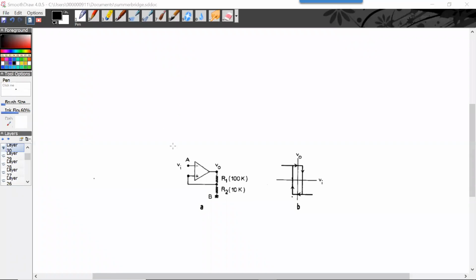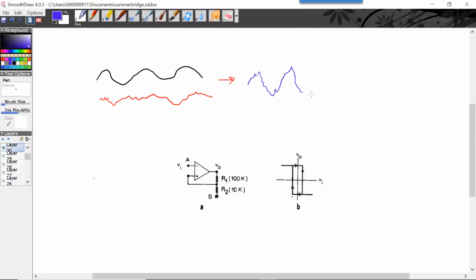So what we have here is our Schmitt trigger, right? Normally you would have some kind of signal, and you would have this noise, which then gives you a combined signal. I'm trying to show a sine wave that's noisy, right? And because this is an inverting Schmitt trigger, what you would get out